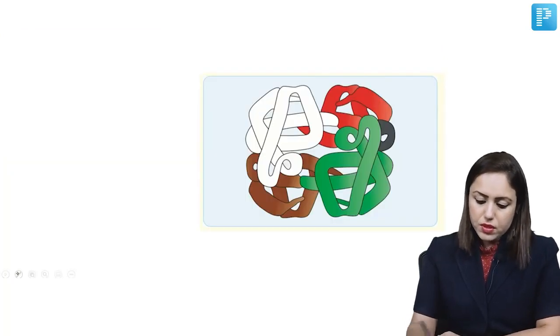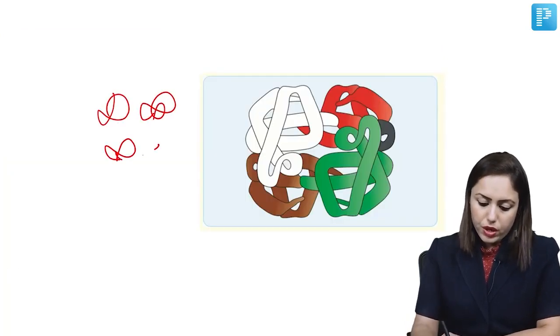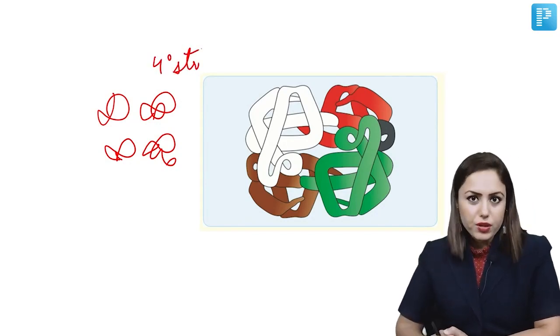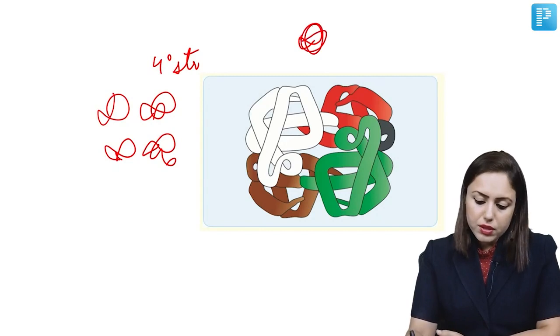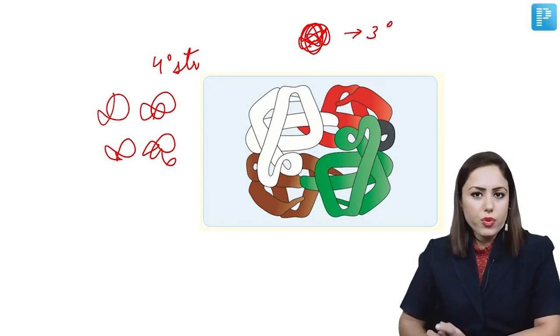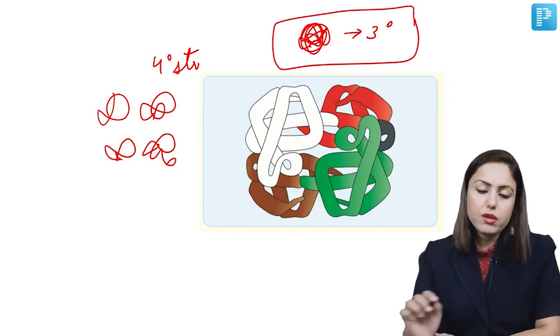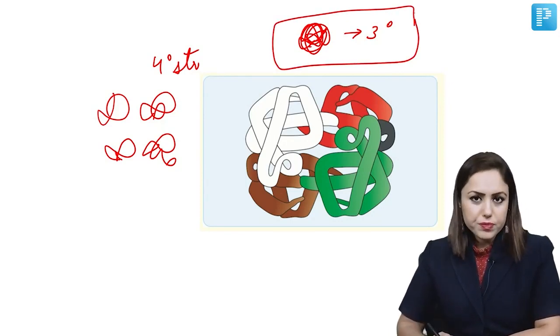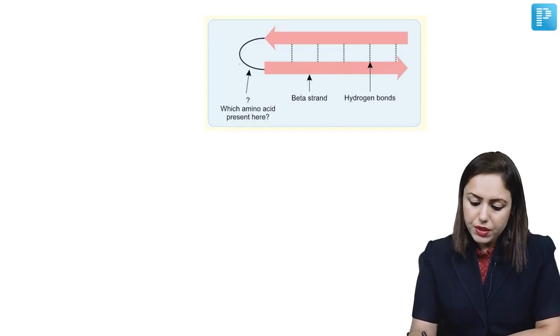Then these are 4 folded polypeptides. This is the quaternary structure of protein. If only a single polypeptide chain is given, that will be a single fully folded polypeptide chain, that will be the tertiary structure of protein. Then this is beta bend